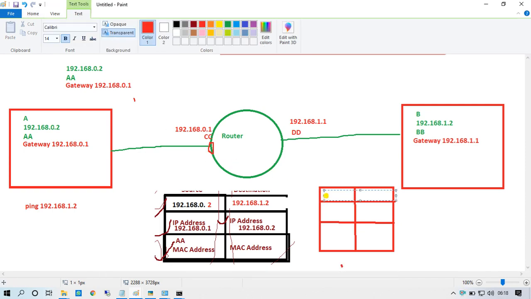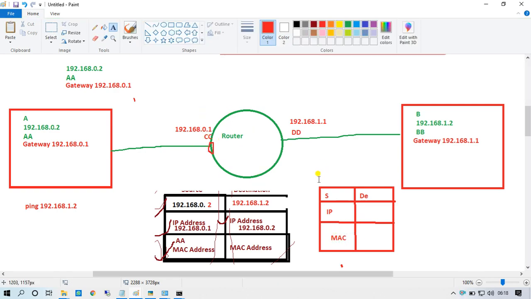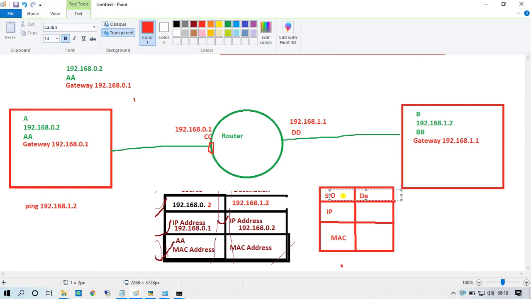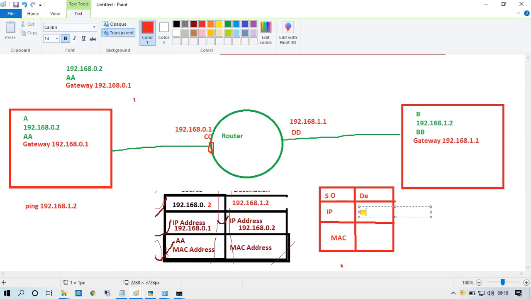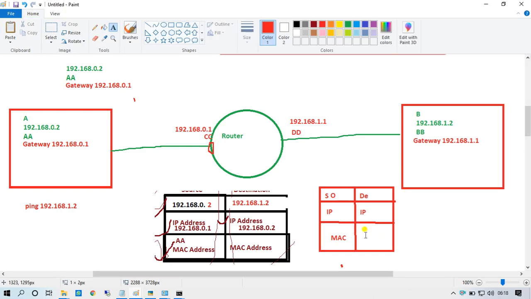Now, source and another is destination, source and destination IP address, MAC address. Again the router will create a table with the source IP, source MAC, destination IP, and destination MAC.